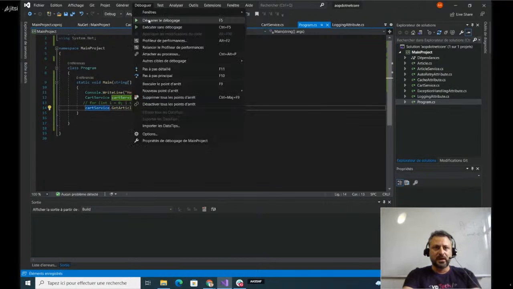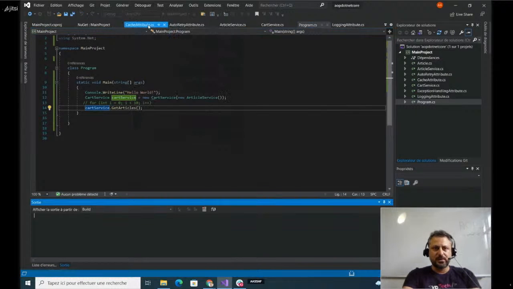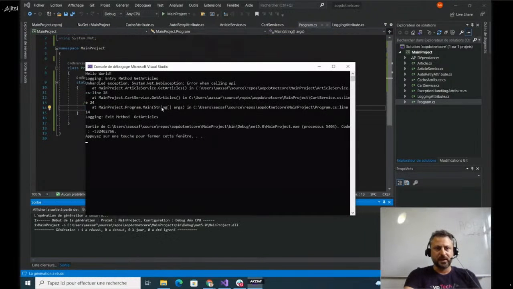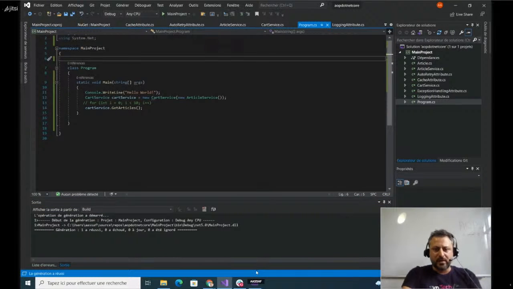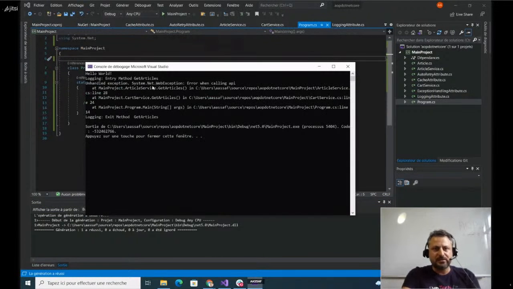So let us execute and see what the output is. Hello world is the main program's return, and after that we have an unhandled exception error when calling the API. So the logging logs the entry, but after that there is an exception, and here on exit we have exit method GetArticle.